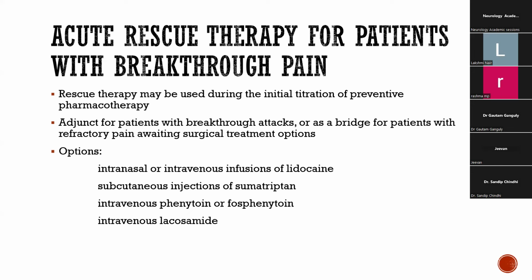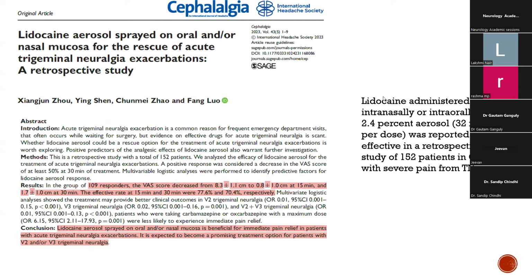So rescue therapy may be used during the initial titration of preventive pharmacotherapy. The options include intranasal or intravenous infusions of lidocaine, subcutaneous injections of sumatriptan, intravenous phenytoin as well as fosphenytoin, as well as intravenous lacosamide. So here is the study